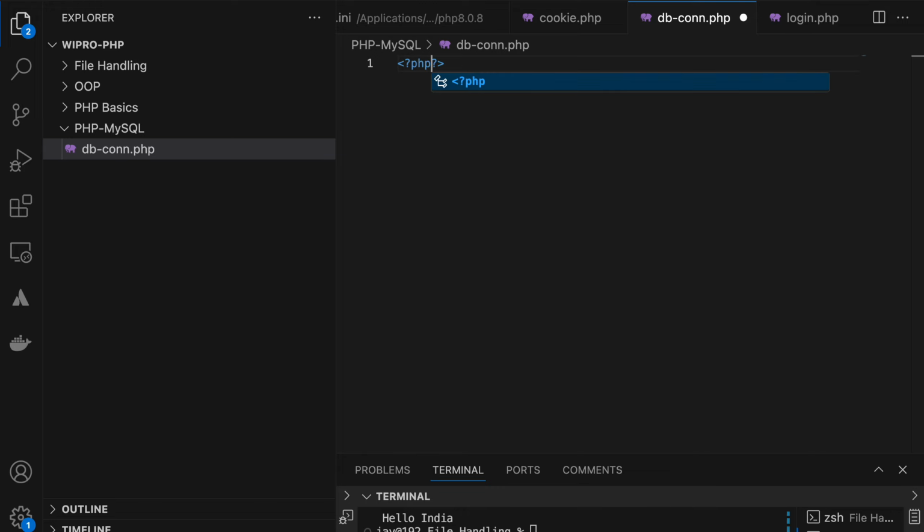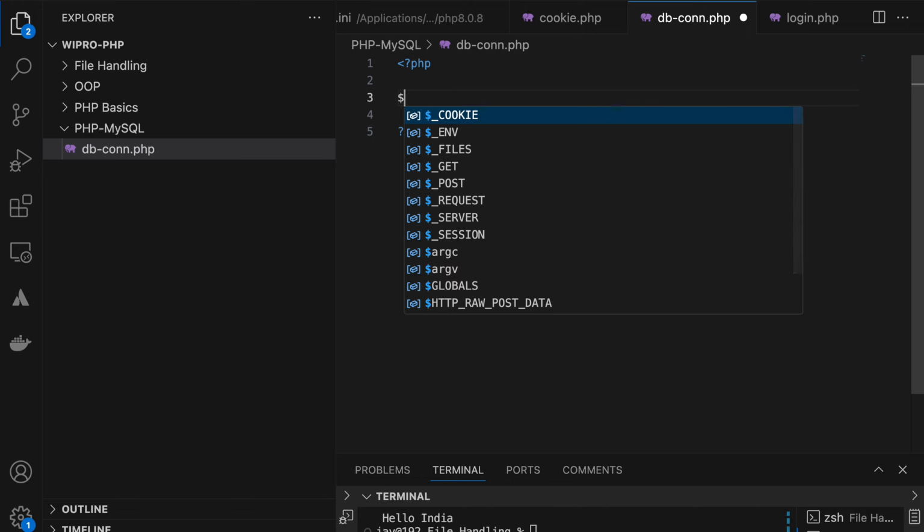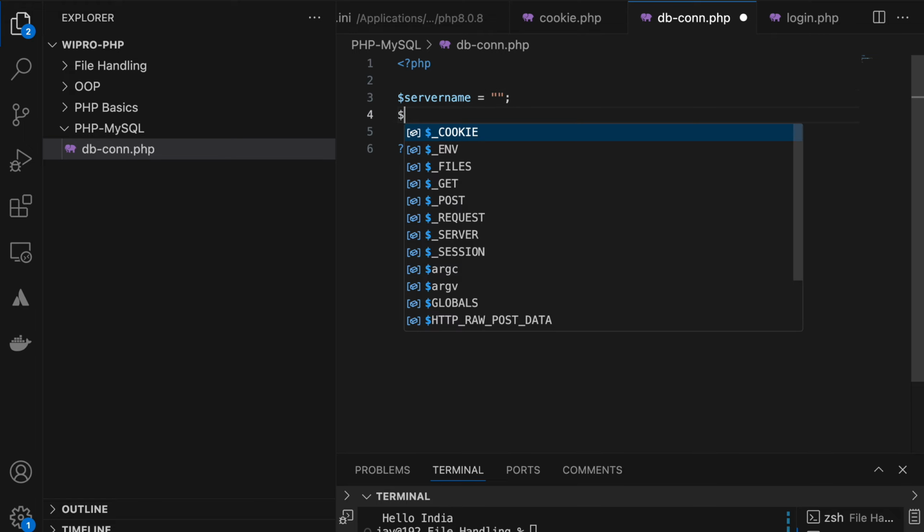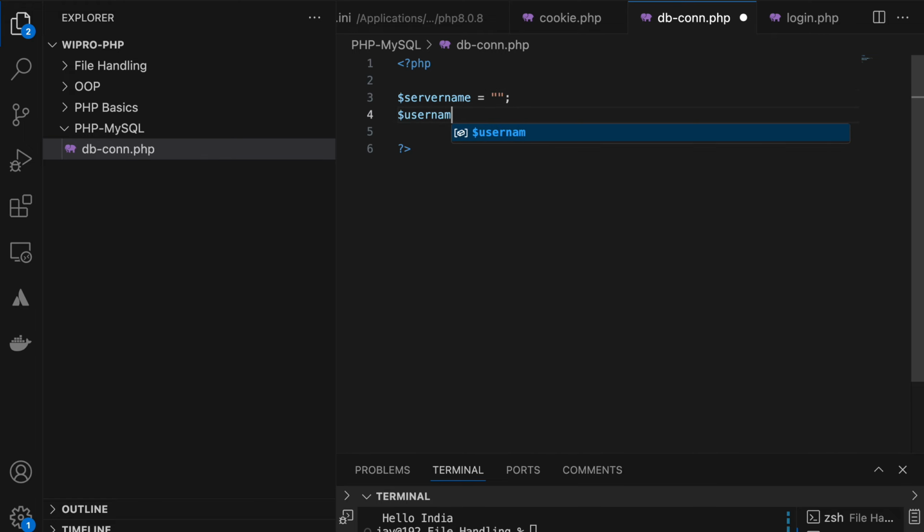My first variable is server name, second will be username, and third will be password, right?